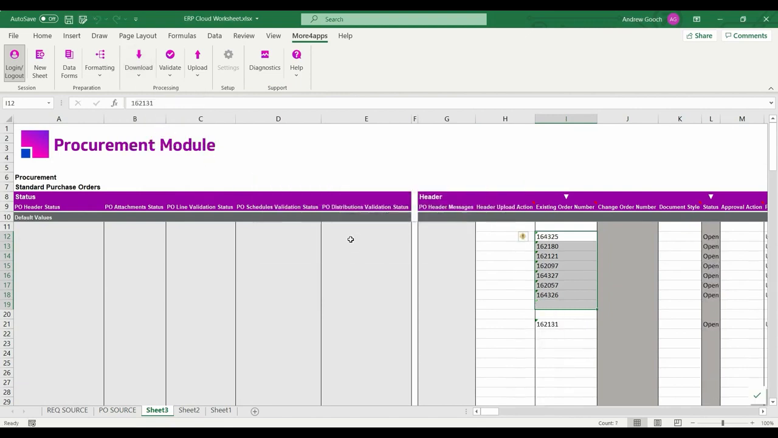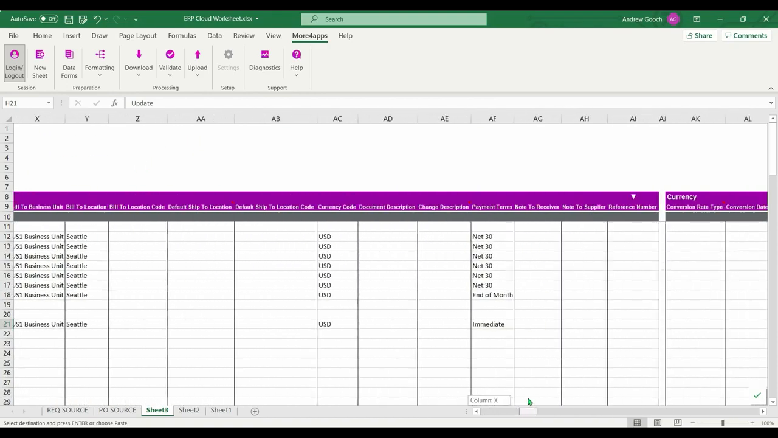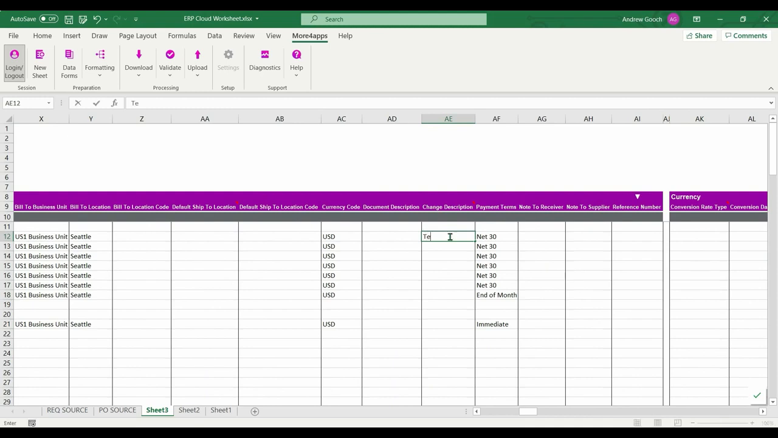For these POs, I want to make a change to the payment terms. So I'll set the action to update over here, and then scroll over to the terms column. Now, changes in POs need change reasons, so I'll start by filling that in for each. But the payment terms is an Oracle validated value, so I want to be sure I pick the right one